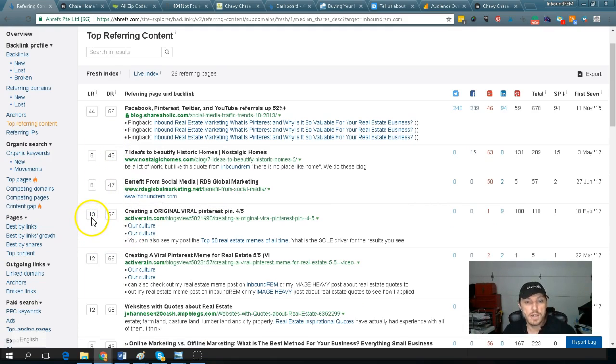So it's a 13, it's a 12. So these are super valuable signals that I'm building on ActiveRain, and I'm passing that to my website, oftentimes with just a single link from ActiveRain sent to the right blog post. I will rank just from that, but we're going to give you a couple more.